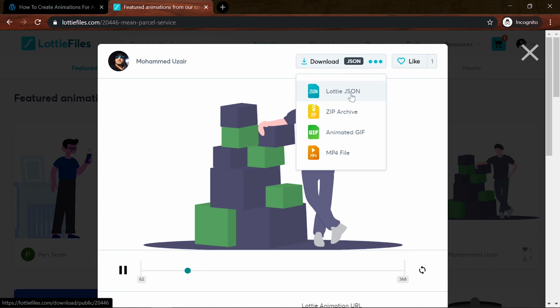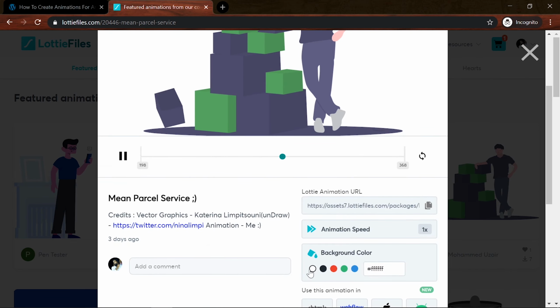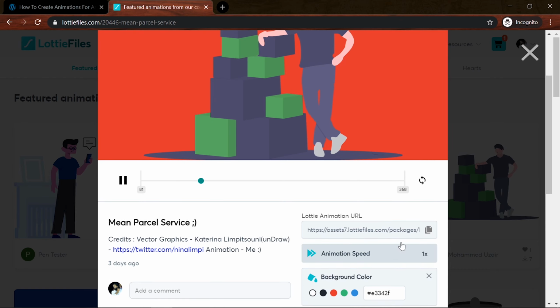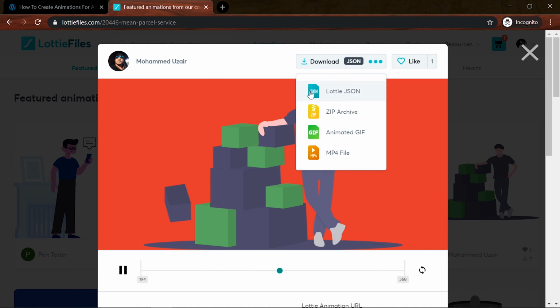For using it in Android, you need to download it as a JSON file. There are many options like editing the background. You can change the background color, and you can also change the custom speed of the animation. Then you can download this file, Lottie.json.